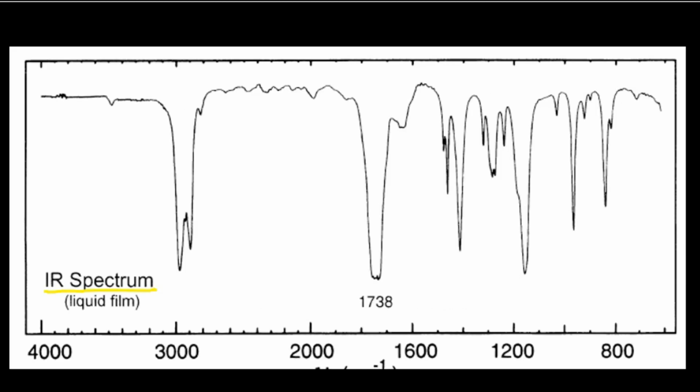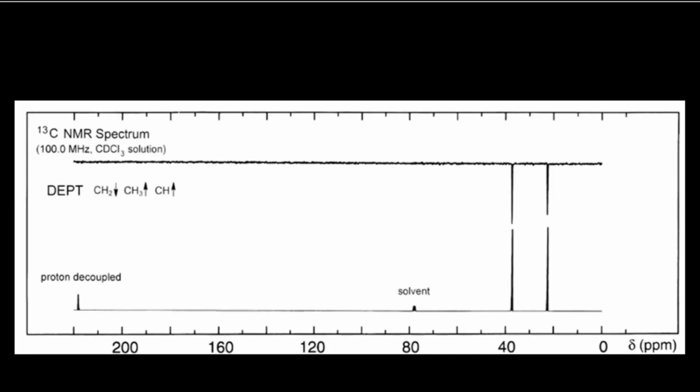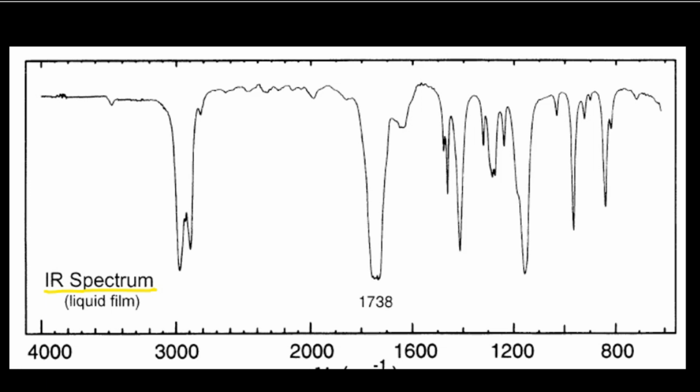But yes, we can solve the IR spectrum because it will not take much time. So let's see from here. This is the cyclopentanone structure and this is the proton NMR for this. So we will start from the IR spectrum of cyclopentanone. As you may see here,